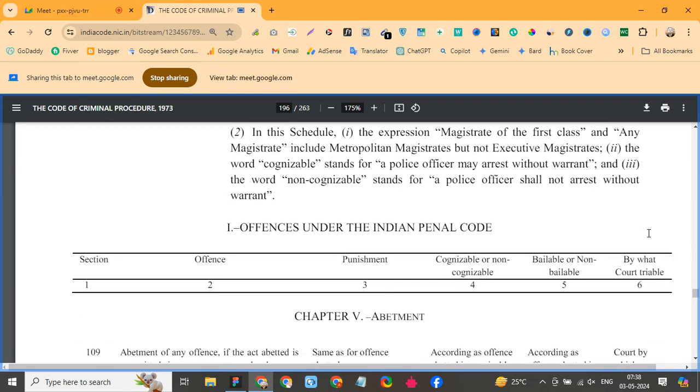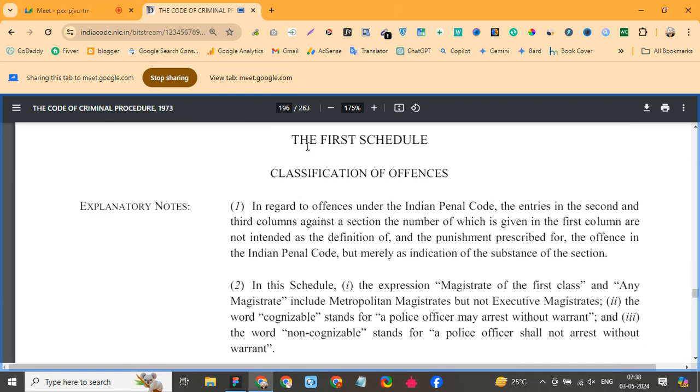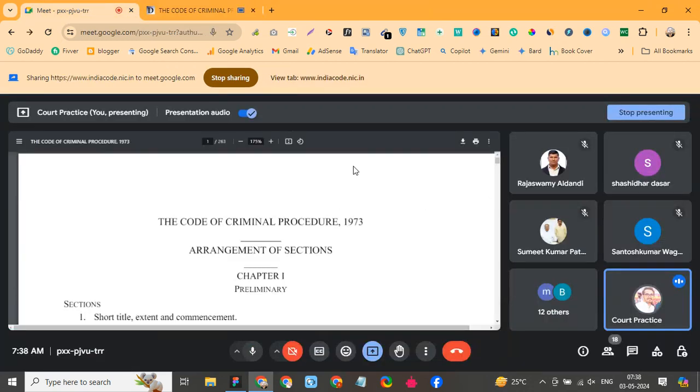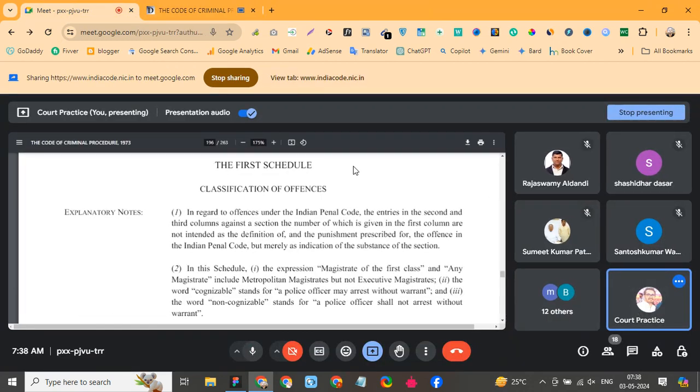Okay, this is the first schedule. The first schedule gives a classification of offenses on the basis of some columns. Whatever offenses are available in the IPC, Indian Penal Code, are included in the first schedule, and it gives information about the particular section, the definition of the particular section, the punishment in that particular section, or the offense or crime of IPC,